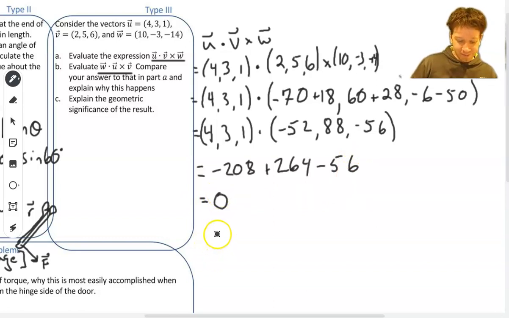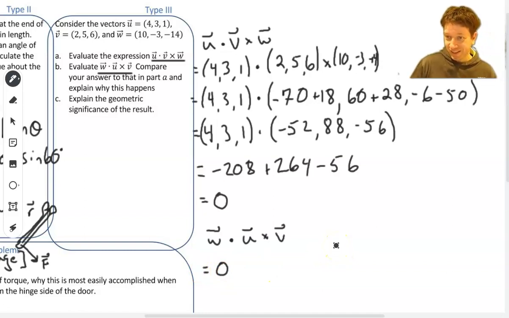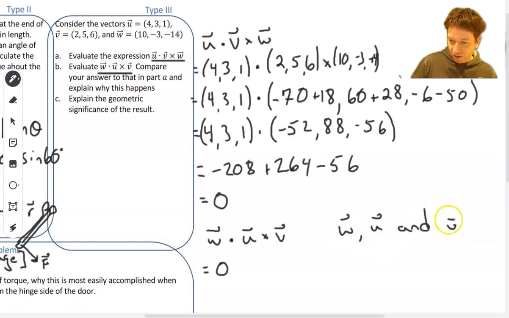So that's interesting. Now what I want you to do is try this again for yourself, but you're going to do W dot U cross V. Now the interesting thing is when you do that, you're also going to get 0. So what's the significance of this? The significance is that all these vectors must lie on the same plane. So W, U, and V must lie